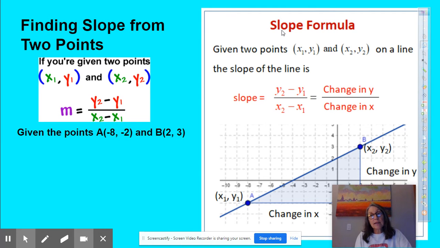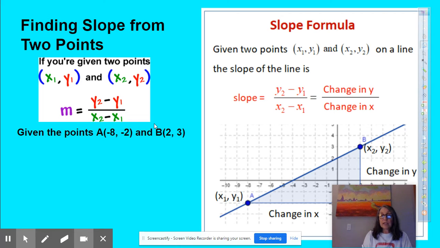We need a formula, and this is the slope formula. Now, when you're given 2 points, and we call these points 1 and 2, and we have ordered pairs for point 1 and point 2, and we call them x1, y1, and x2, y2. And the formula tells us that we can find the slope by subtracting the y's, which is called the change in the y, and then we subtract the 2 x's, which is called the change in the x. So to do an example,